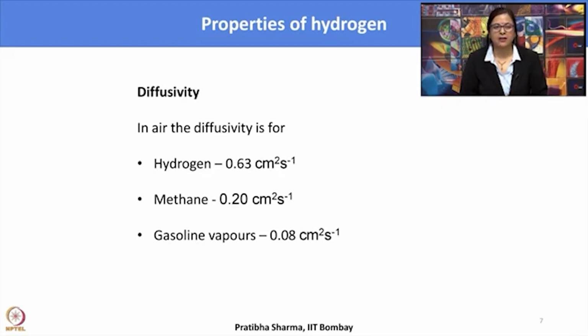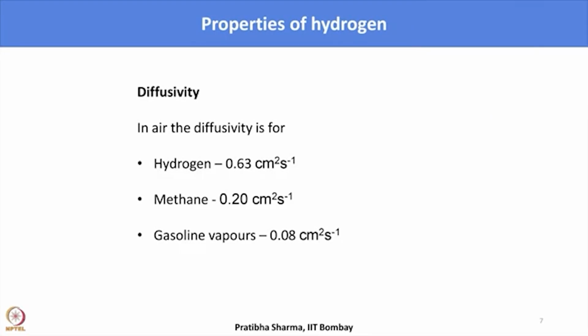But this high diffusivity, along with high buoyancy, has an advantage in the sense that if there is a hydrogen leak, then because of high buoyancy it rises and diffuses very fast, so that it dilutes very quickly with air, forming a dilute mixture, especially in an unconfined space. Even if there is an ignition source, the flames produced by hydrogen will be localized and vertical flames.